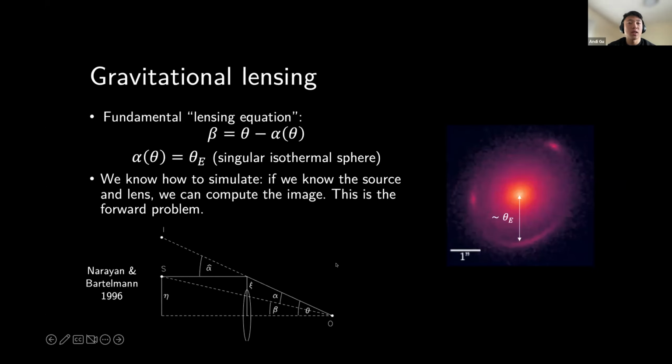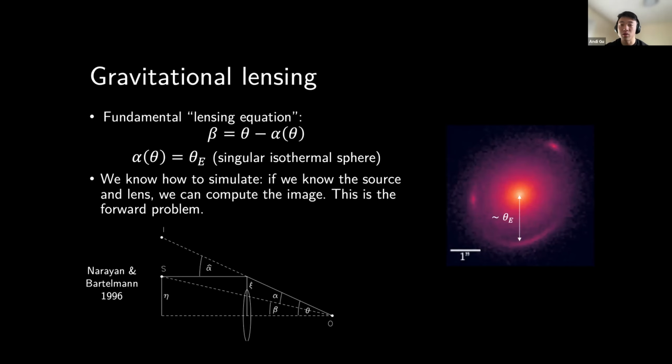So with the lensing equation, it's quite easy, conceptually, to simulate lensing, because if we know the parameters of the source and the lens, then we can compute the deflection angle. Hence, we can compute the image. This is known as the forward problem because we're going in the forward direction from the ground truth to observables. The image on the right is an instance of a simulated lens where I pretend I know